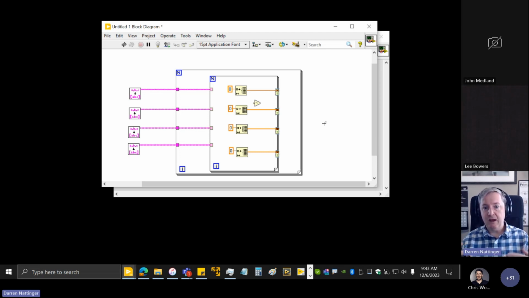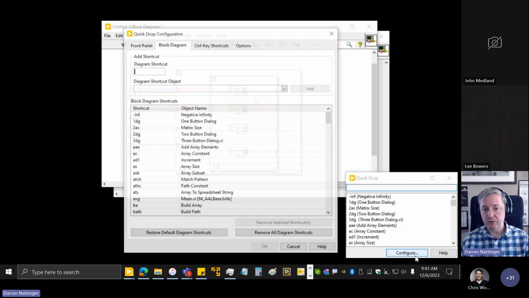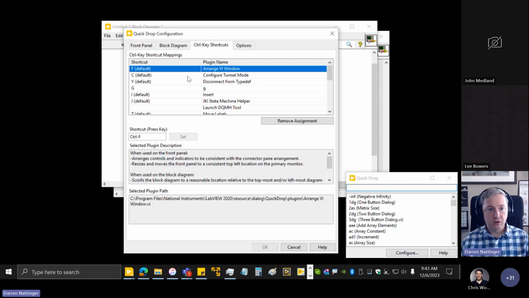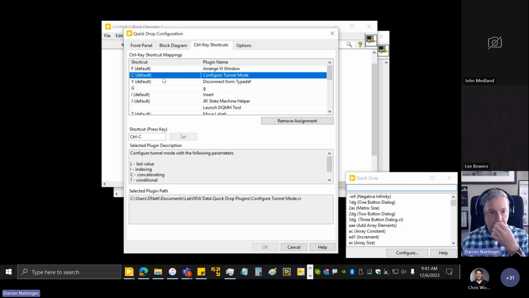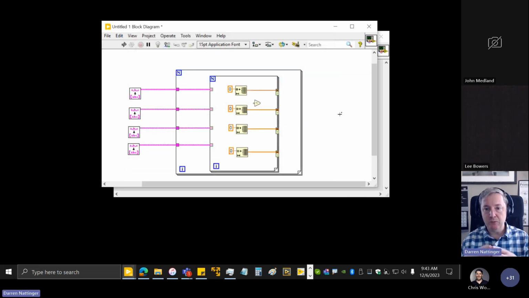About 5 minutes. And now I've got this new plugin in QuickDrop. If I don't like the key of C for it, which was set here as the default, I could change it to something else. You can see I've got lots of plugins installed. But that's basically it. So that was me writing a QuickDrop plugin to add a feature to the LabVIEW editor